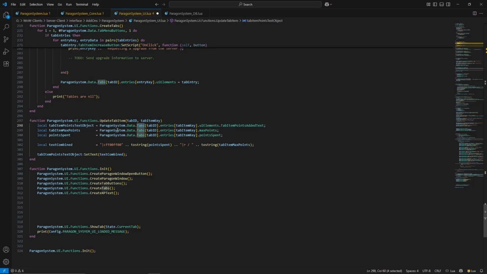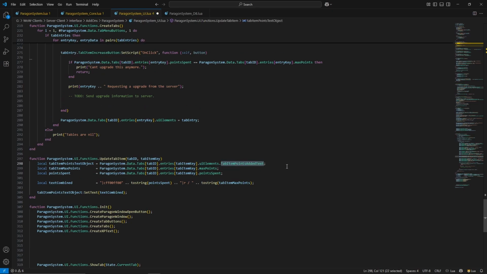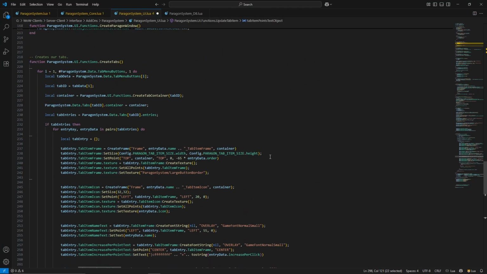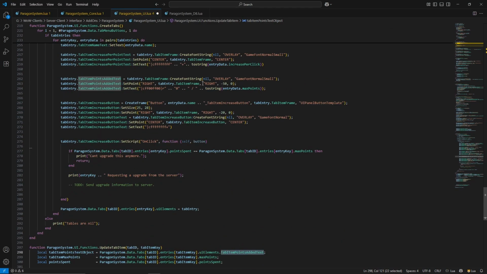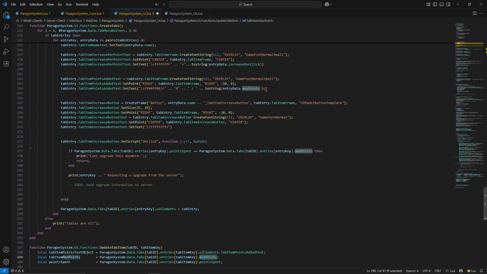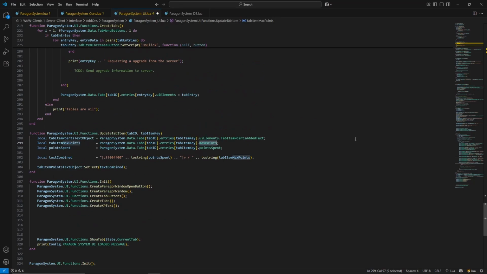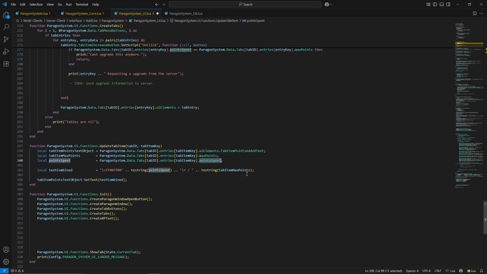So tabs, entry, then into the tab entry key, and then into the different UI elements as you see up here, like we did before. Yeah. And then tab button or tab item points added text, and you see that's right here. So we update this text, and then what we do here is that we update the max points. So we update this max points for each of them, and then the points spent, we update that one for